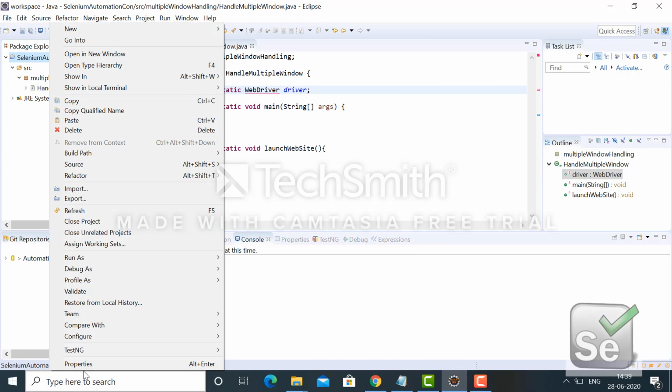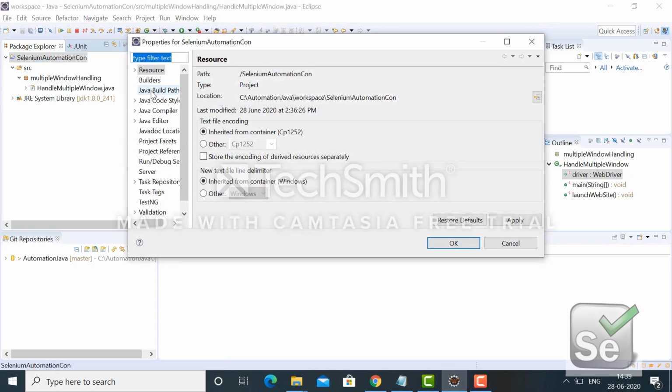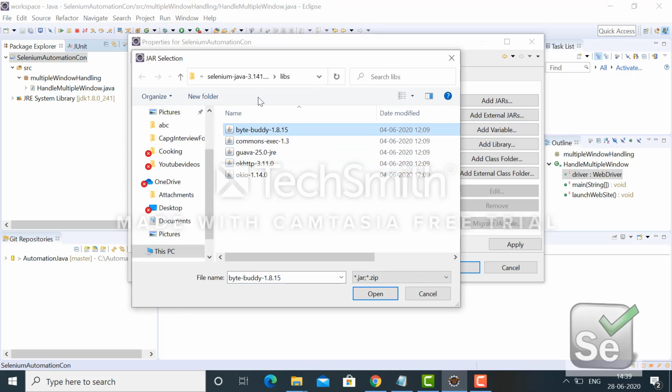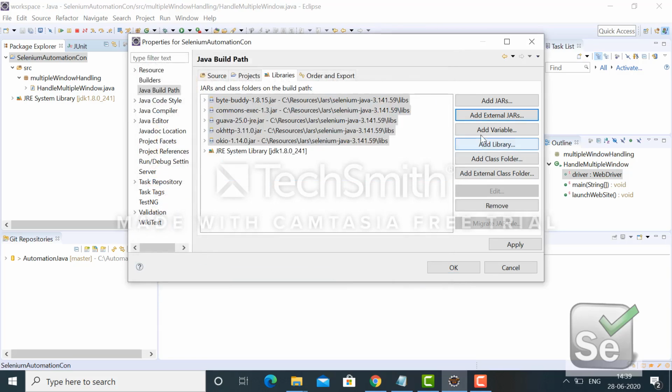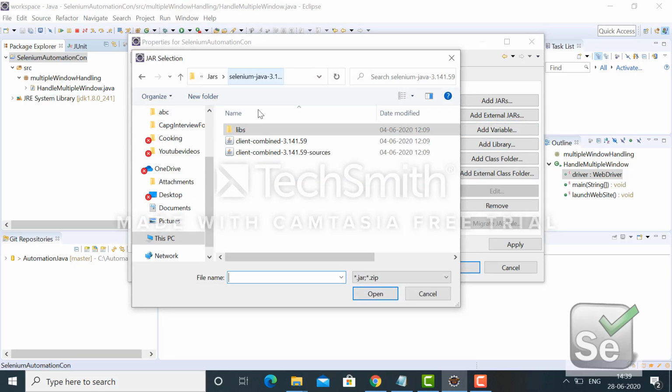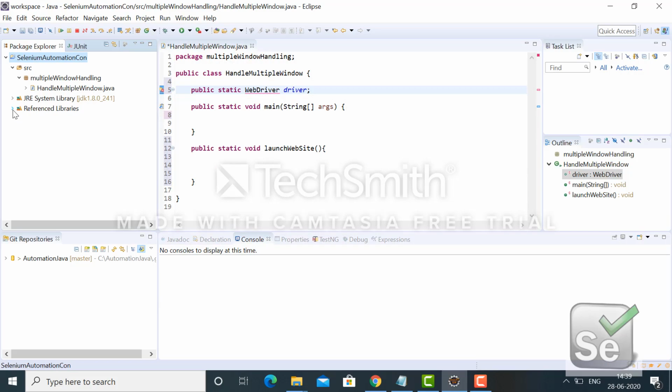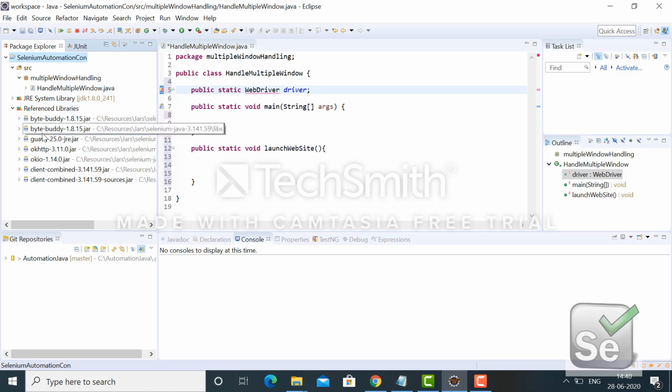Right click on the project, go to properties, go to the Java build path, add external jar, and then this is the path. There are also a few more jars outside, and I'm associating all of those. Apply. As soon as I add those jars, the reference libraries become active, and if we expand that, all those jars will be visible underneath.